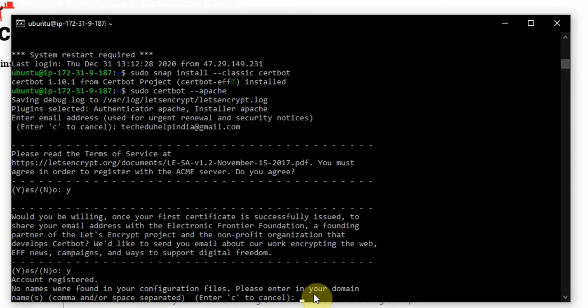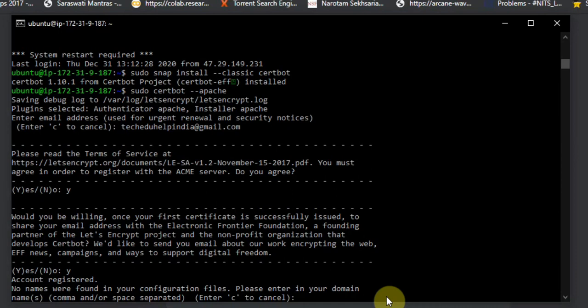Now we have to put the domain names, right? So the first domain, here we will write blastshoppy.me, and after a space we will put another domain, www.blastshoppy.me. Okay, these two are basically my domain.